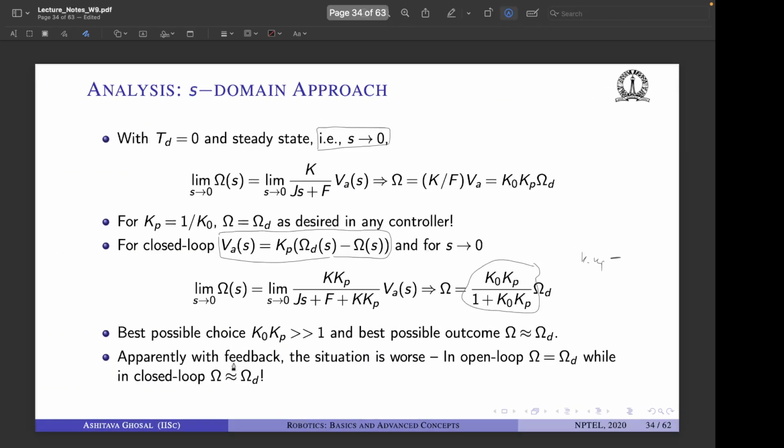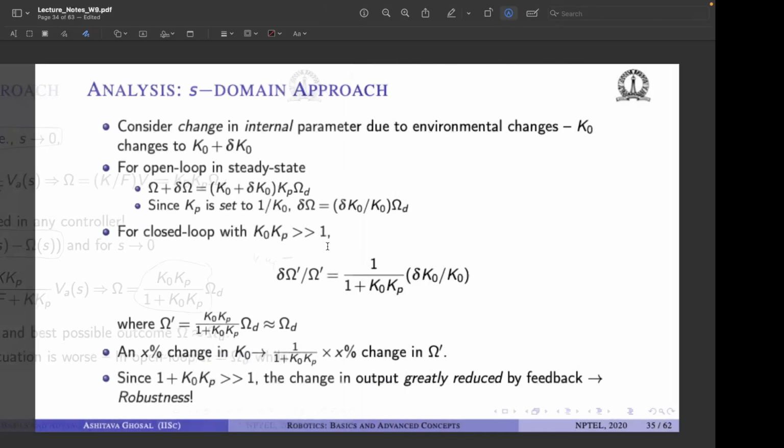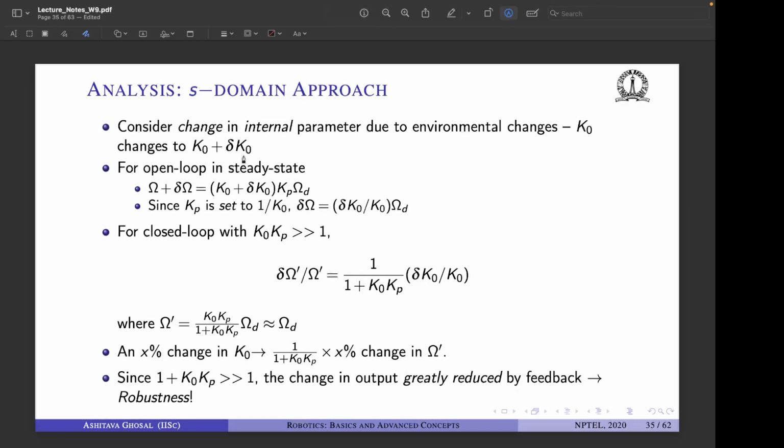So at this point closed loop seems worse than the open loop, but now we add some changes in the internal parameter. So this delta K0 is the change, right? Then in the case of open loop in steady state, since Kp is set to 1 by K0, this delta omega is delta K0 by K0. Okay, this is the fraction by which